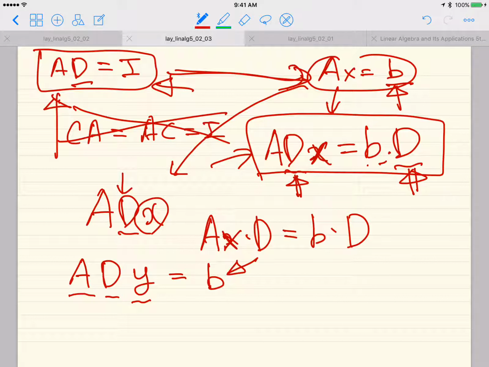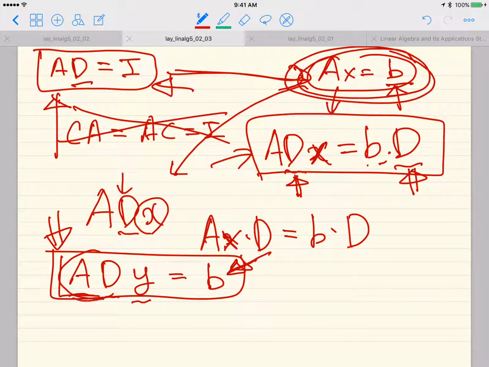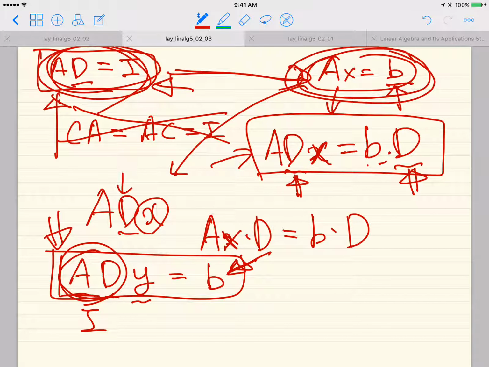Again, this equation is not related to this; we just created this equation. So let's see if we can find the vector y in any case, for any vector b. In this case, AD will become the identity matrix based on the fact of this. And then y becomes b, which means